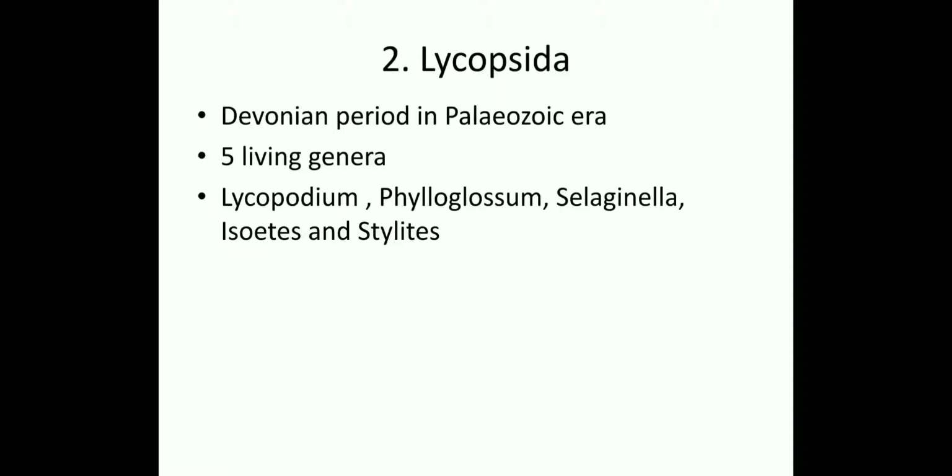Okay. So Lycopsida, basically here what you will see is that they have root, they have true stem, and they have leaves also. So in the earlier class we studied Psilopsida, where we saw that there were no leaves present and there were only branches, erect and prostrate. But here you can see a true differentiation into root, stem and leaves. Leaves are microphyllous, they are very small in size. Okay, and sporangia develop on the leaves only.